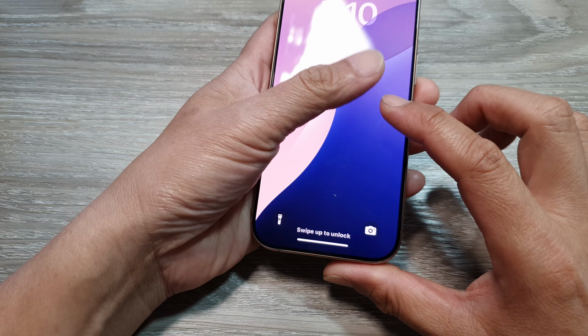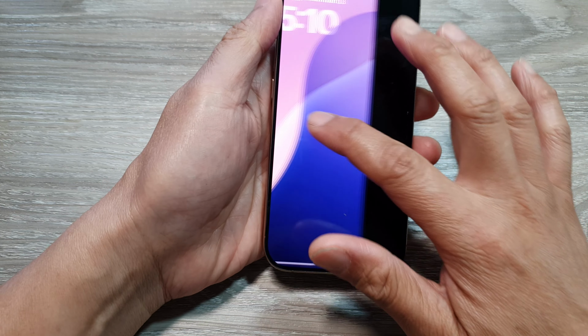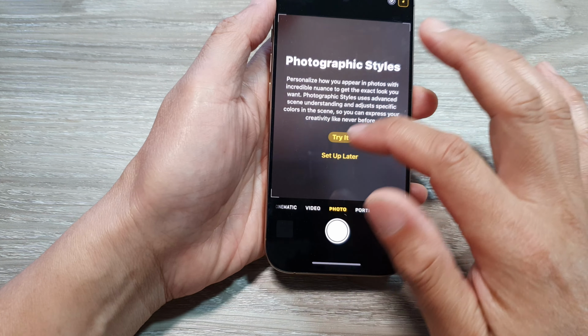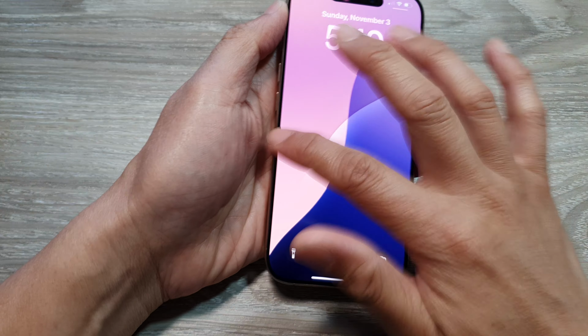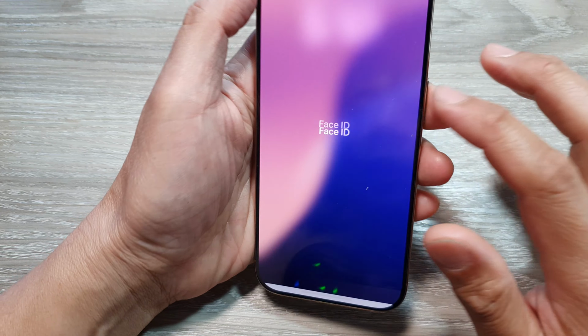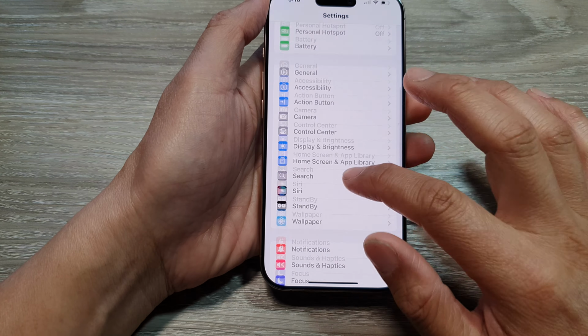So I try to open it. I can't. I can swipe across to open the camera, but if I swipe to the other side, it's not working. And here, if I turn it back on,